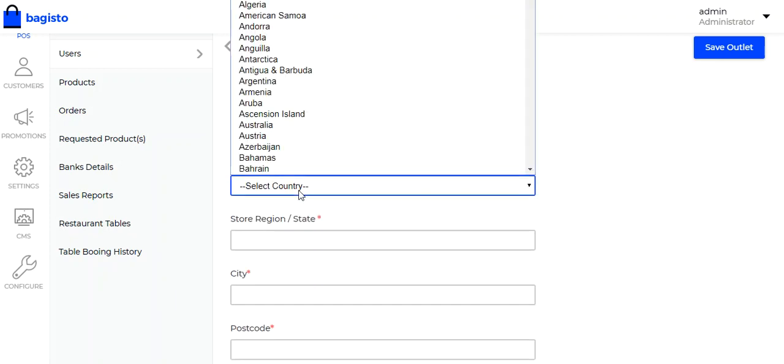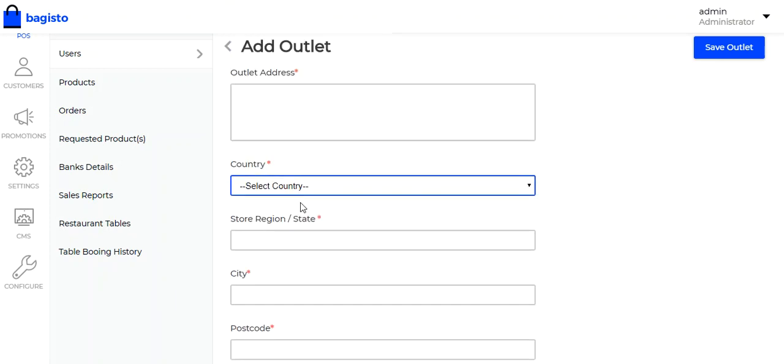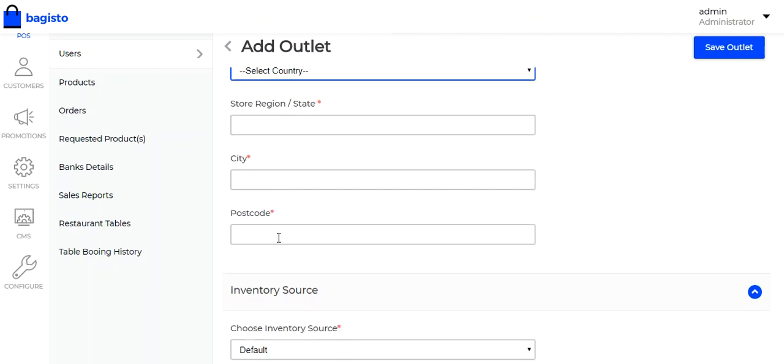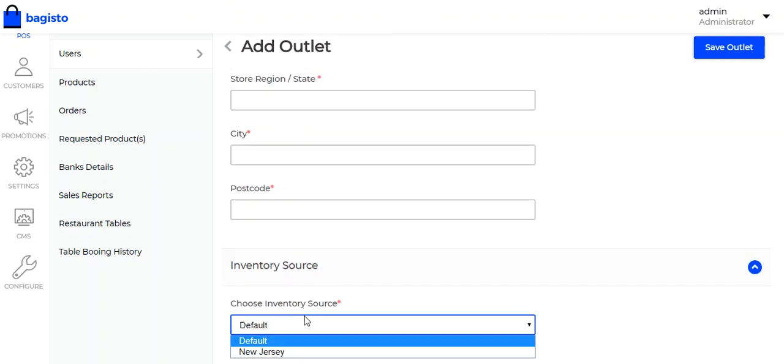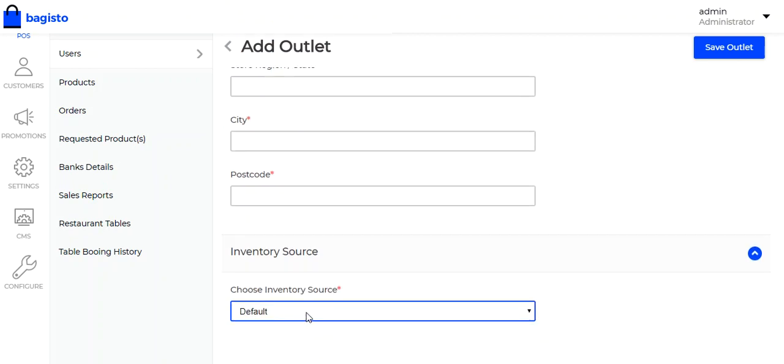Outlet address, here the admin can select the country for the outlet, state, city, postcode, and here the admin can select the inventory source for the POS outlet. Here the thing to notice is that the admin can select only a single inventory source for a single outlet.